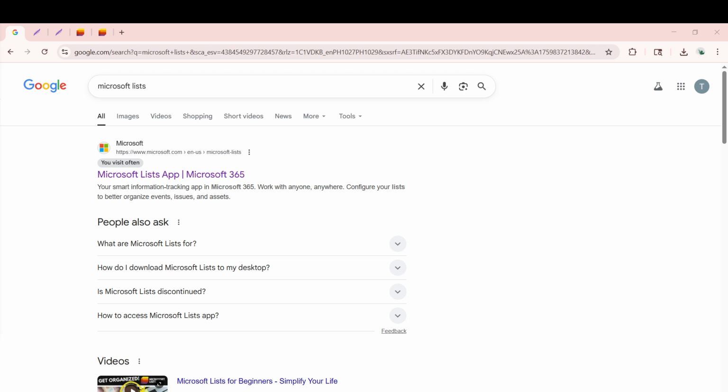First, we'll need to open your web browser. It doesn't matter which browser you prefer. Any of your choices should work just fine. Once your browser is open, direct your attention to the search bar at the top of the page. Type in Microsoft Lists and hit Enter on your keyboard. This will bring up the search results related to Microsoft Lists, making it easy for you to find the official